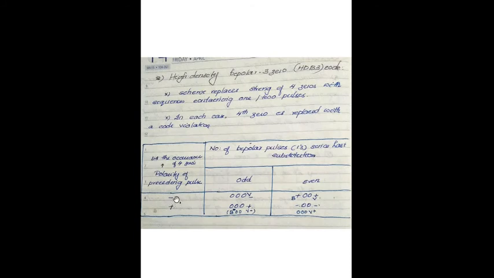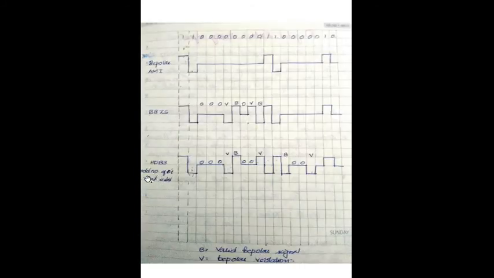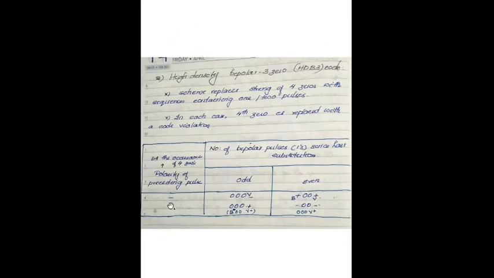The polarity of the preceding pulse is negative, so you can go to this zero. Again, check: there is a condition given, that means an odd number of ones in the last substitution. There is a condition given in the question itself, so you have to consider that this particular problem has an odd number of ones since the last substitution. Don't consider these 2 ones, that becomes even. The condition in the question makes it an odd number of ones, so in this row you have to consider this one. 0 0 and minus.